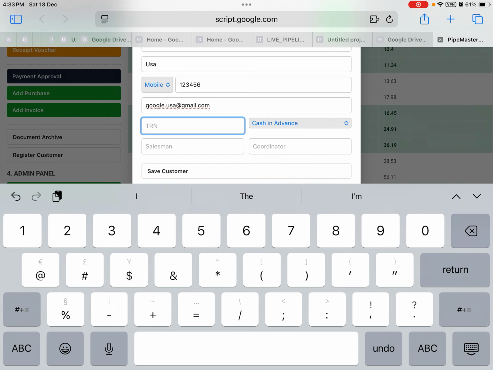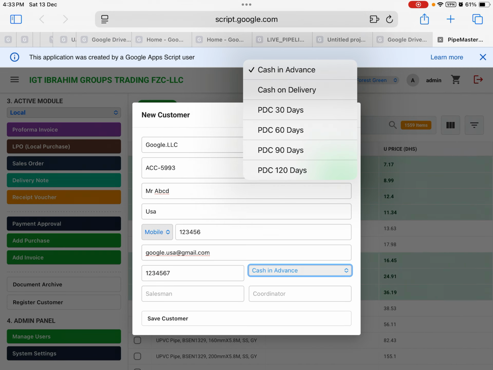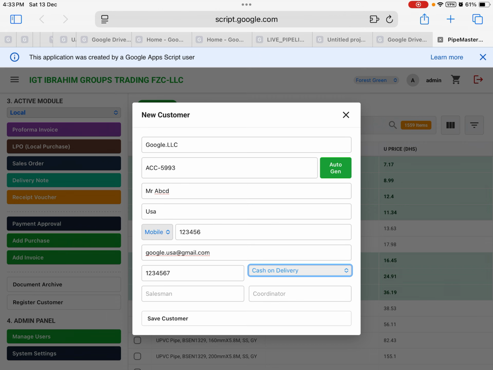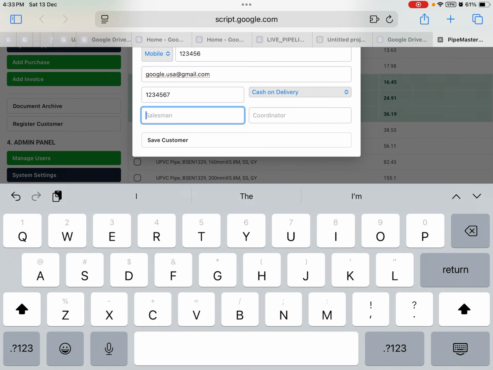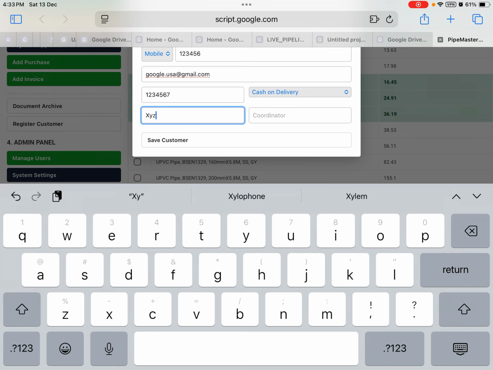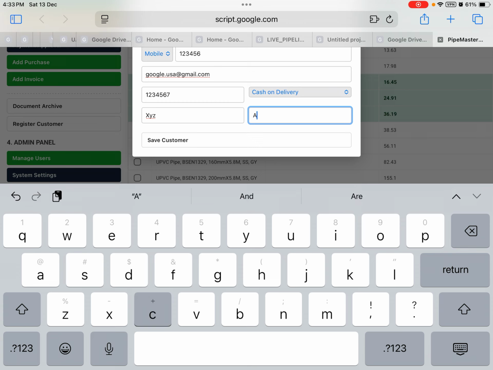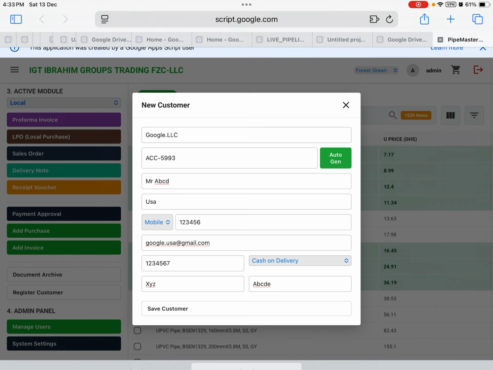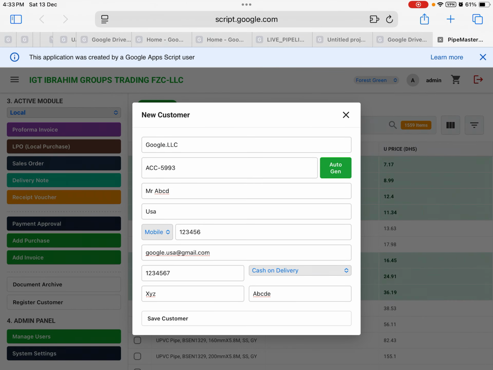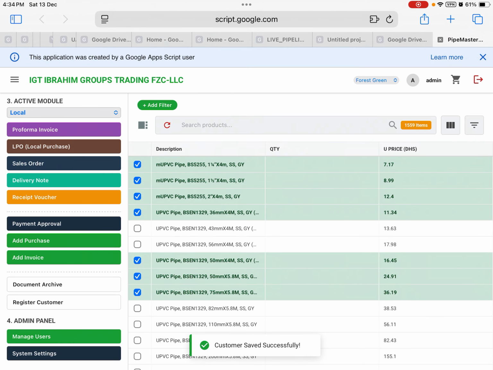TRN number, whatever TRN number. Okay, what is the payment term? Whatever it is there, okay. Then salesman, who is the salesman? Okay, who is the coordinator? Save. Once you click the save button, it will save.